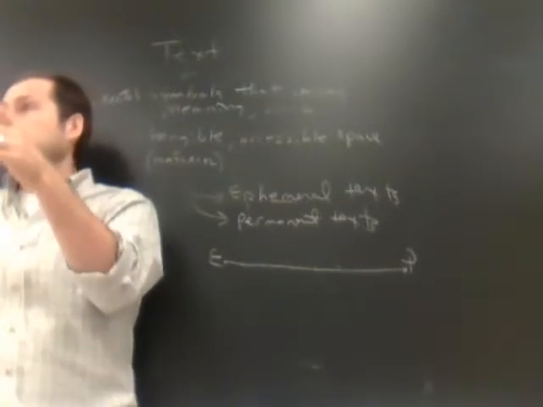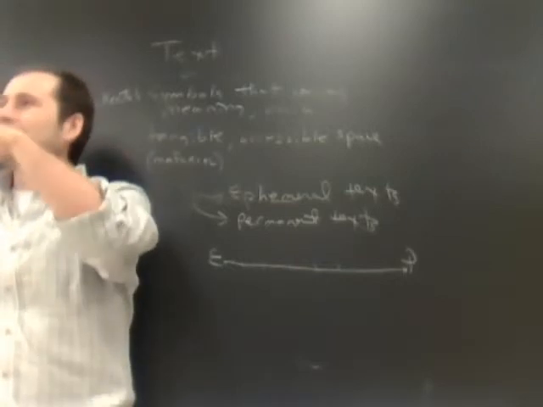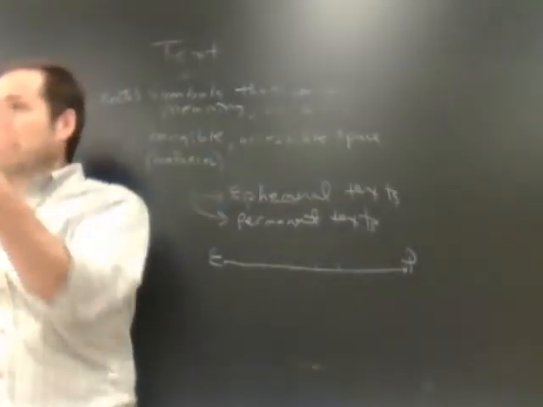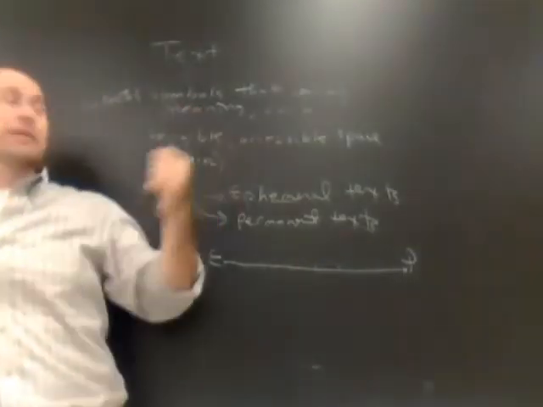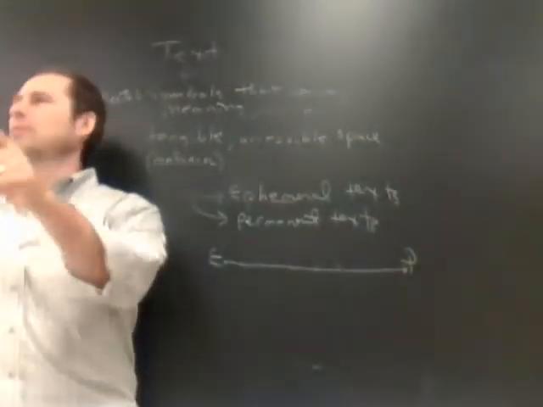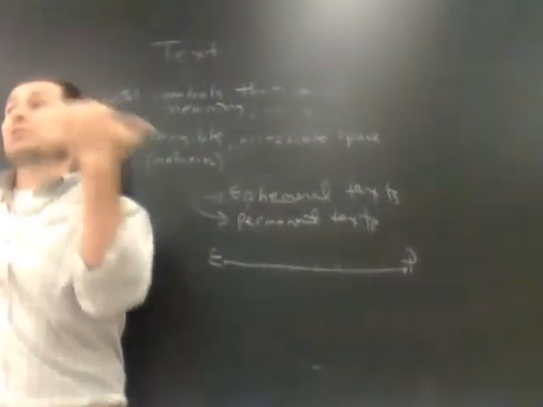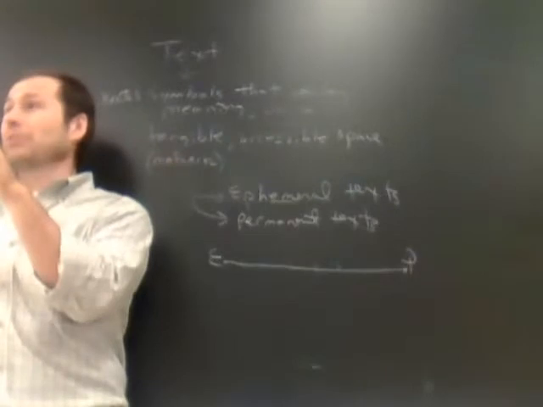Okay, you got all that? So, you know, that's not accessible. But as soon as I start putting the symbols in a physical space that's public, a public physical space, that's another way to put it, it becomes a text. The trouble is, it's gone, right? Did anybody record this? You got a phone recording it or whatnot? Okay, so this is truly ephemeral, and no one owns it, it's gone.